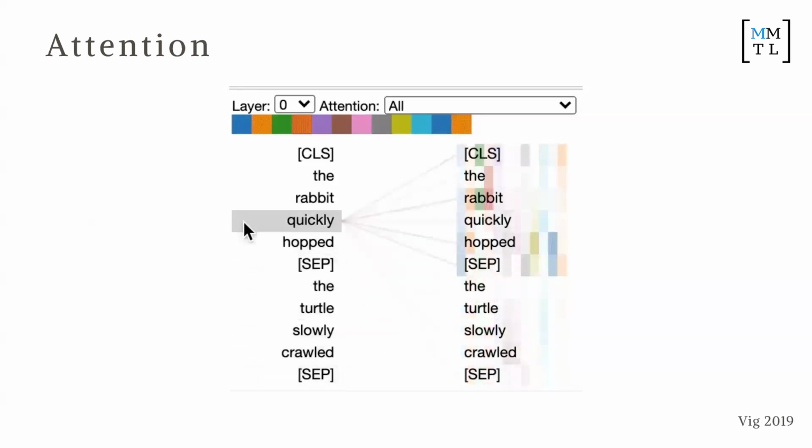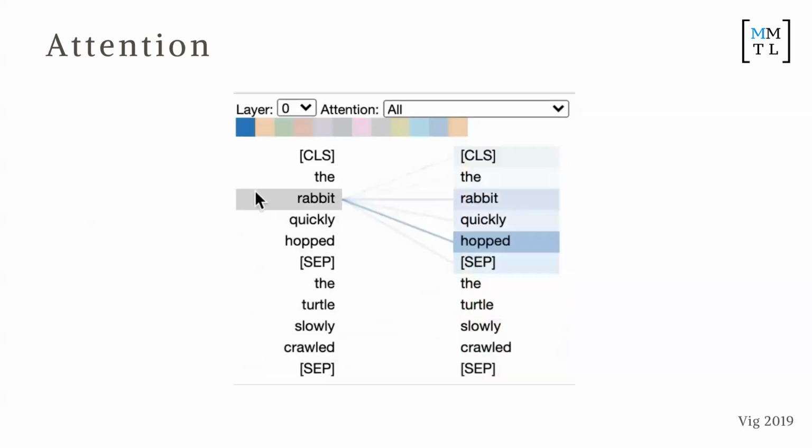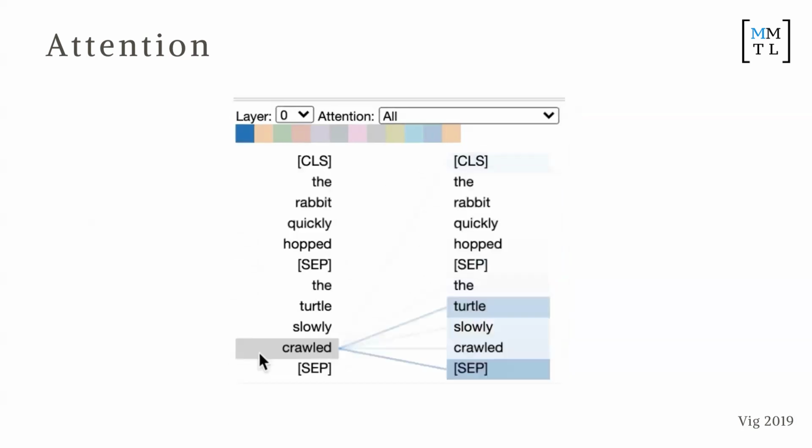For example, if we look at a specific example here, rabbits, you can see the word hop really influences what rabbit means. You are much more likely to successfully predict what rabbit means if you see the word hop there. If we look at the word crawl, turtle really influences how AI sees crawl, because in this case the turtle can crawl. Crawl can mean something else, maybe in a different context with a different word. So it just looks around.